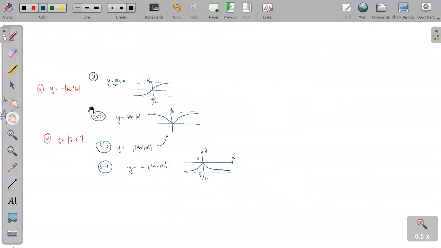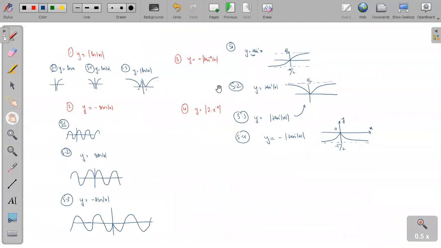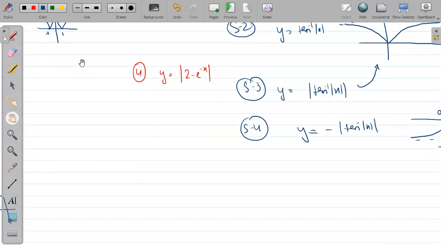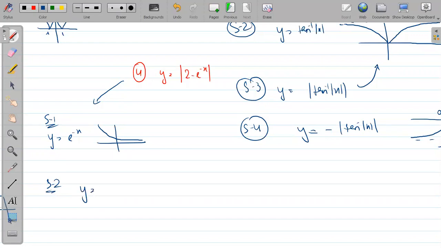Everyone is getting that, yes or no? Tell me. Any doubt you can respond. Number 4, let me explain, then I will give you time to write, note it down and visualize the things. Number 4 I am drawing. Step 1: y equal to e to the power minus x. This is the basic function, it's a decreasing function. Yesterday we did. Step 2: y equal to minus of e to the power minus x.